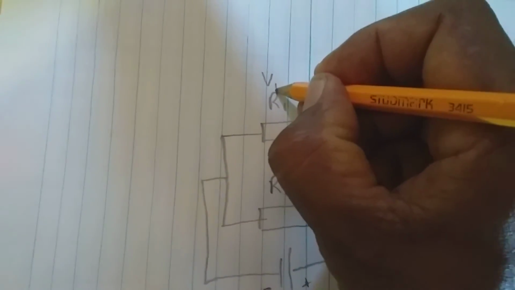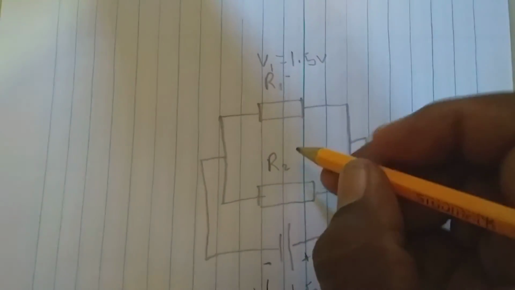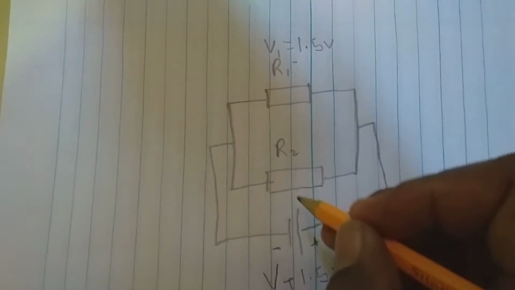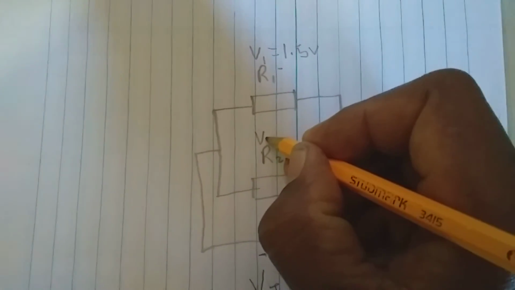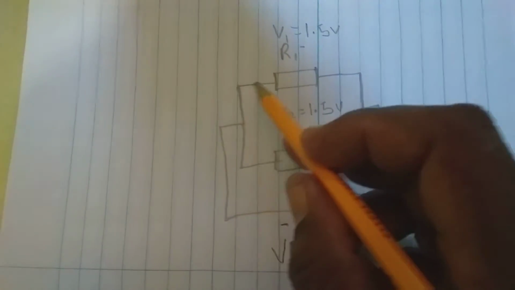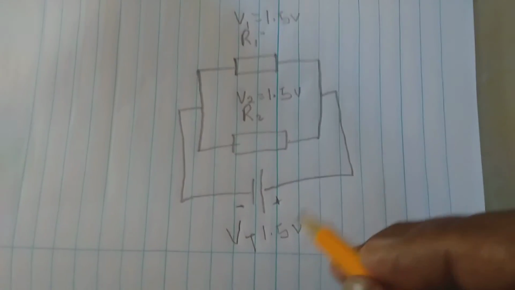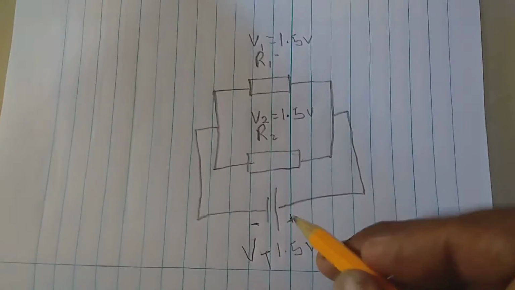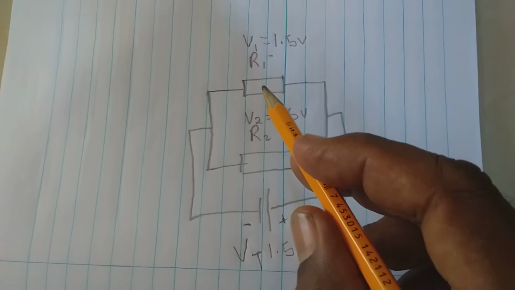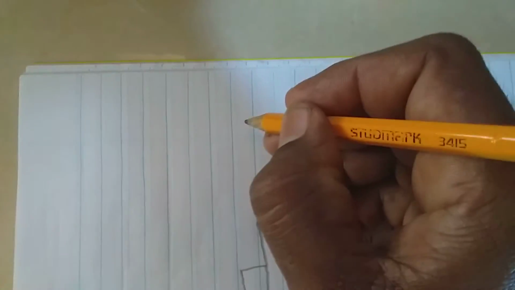So we could say V1 is equal to 1.5 volts also, and then V2 at R2 is also equal to 1.5 volts, because there are direct connections between the negative side of the battery to R1 and R2, and direct connection from the positive side of the battery to R1 and R2. So whatever the total voltage is, you will also have the voltage across R1 to be the same thing and R2 to be the same thing. So this is a characteristic,